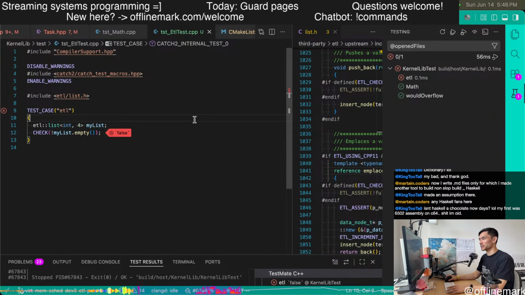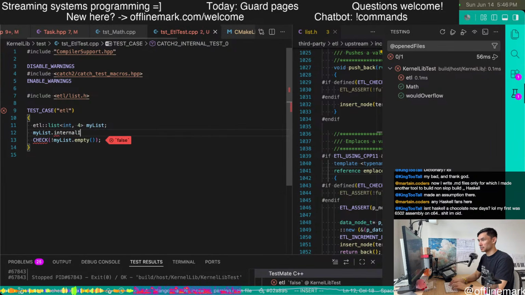Good. So we're in business, and so now the idea is we're going to do some dev work on the ETL library itself and expose some kind of API called internal index of next allocated.